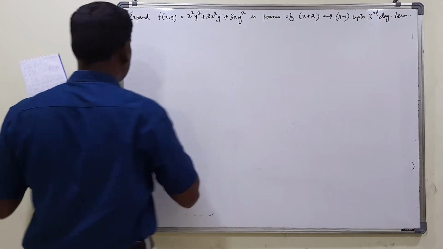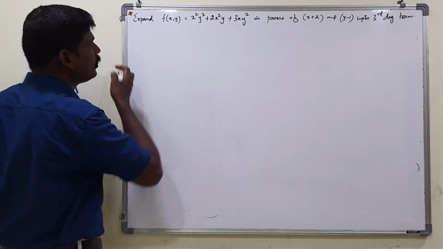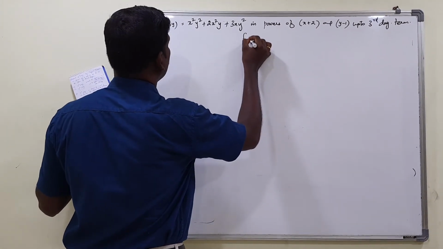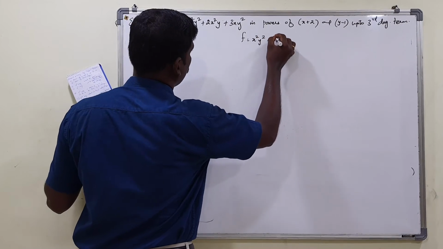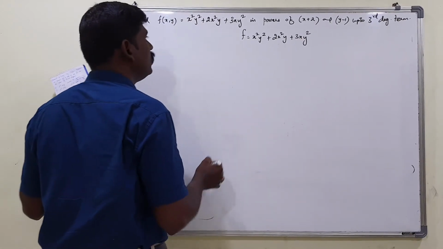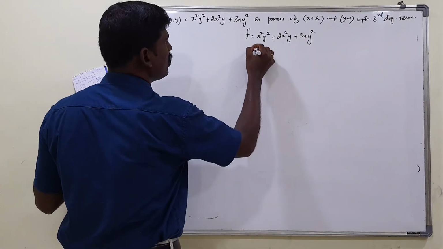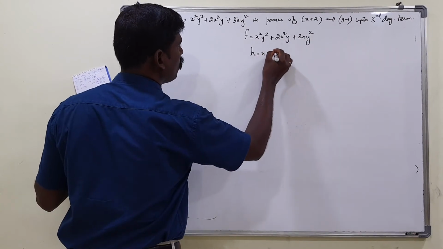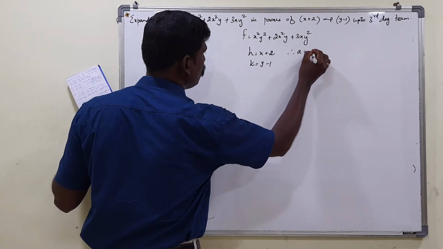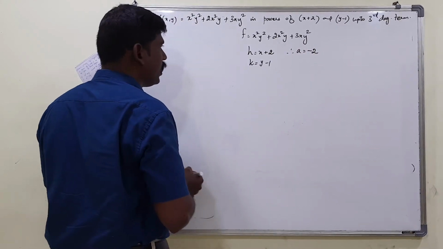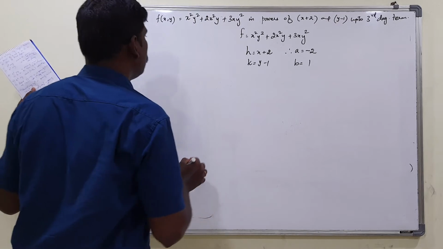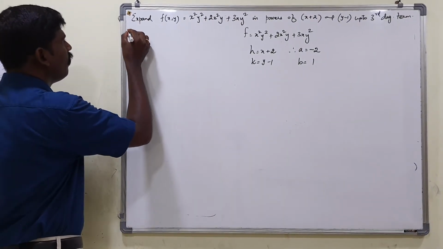Okay, so what is given? f is given, isn't it? So what is f? x square y square plus 2x square y plus 3x y square, isn't it? Right. So what is h? x plus 2. What is k? y minus 1. Therefore what is a? Minus 2. Plus 2 is here, so I take it as minus 2. So what is b? Minus 1 is here, so I have to take plus 1. Right. So now I am going to find out the values